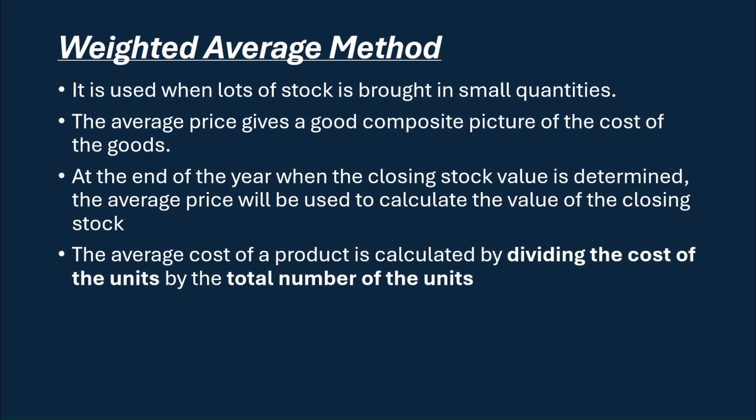So now, the average cost of a product is calculated by dividing what? The cost of the units by the total number of the units, right? So this one is basically calculated by dividing the cost of the units by the total number of the units, right? So I hope that makes sense. That basically gives us the average of the cost, since we're just using the stock that we sold with the cost of the stock in total, for us to get the price of an individual item, of one item. This is what we use, right? So yeah,